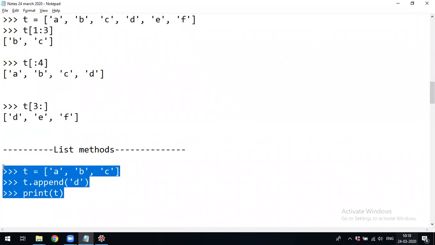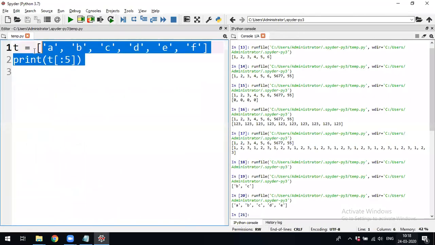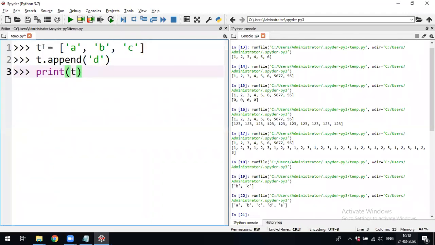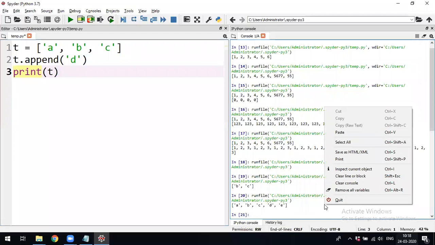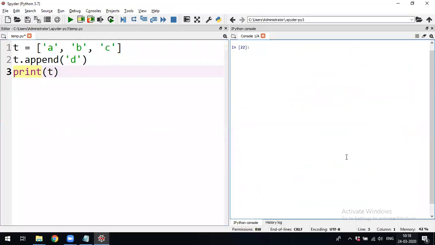Whenever you develop an application and use a list, the commonly used functions are these: append, extend. You have to practice these if you develop any application using Python.